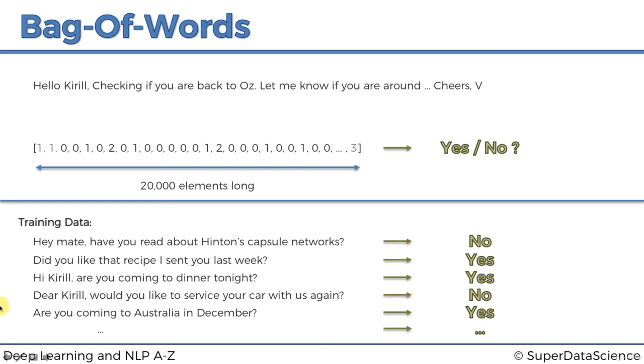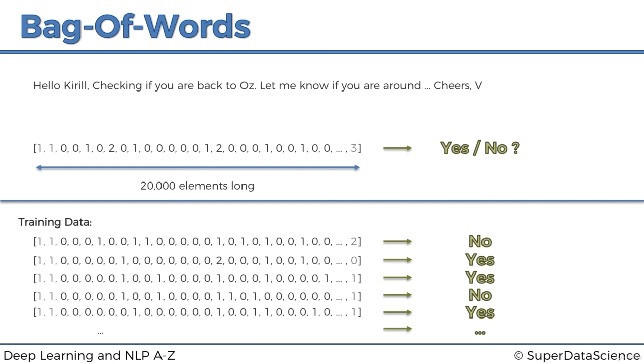So how would we use this training data? We would use a similar principle and convert each one of those emails to a vector. And again, each vector would be 20,000 elements long. So, I just threw some numbers in here to get the point across. It's not exactly accurate, but so we have these vectors, like lots and lots of vectors, lots and lots of responses, yes and no. And yeah, so now what we're going to do is